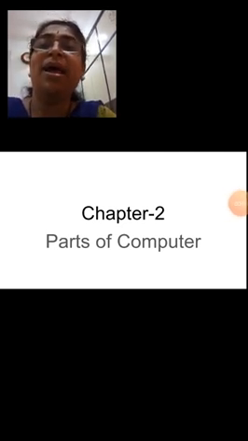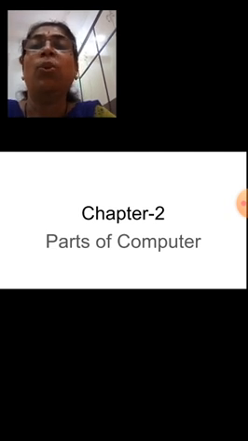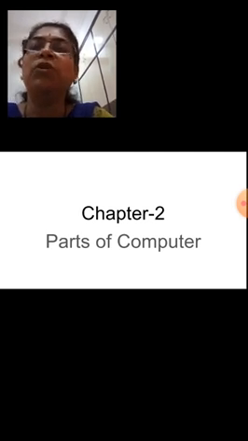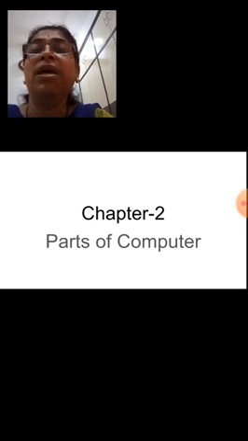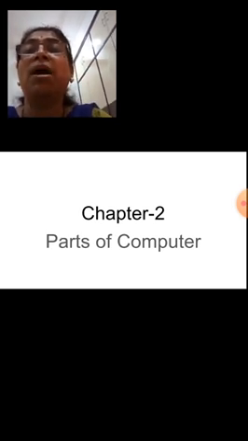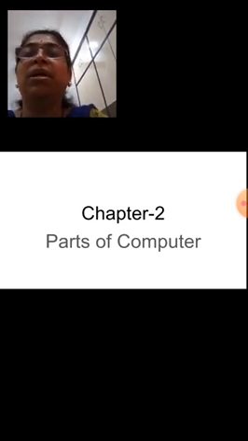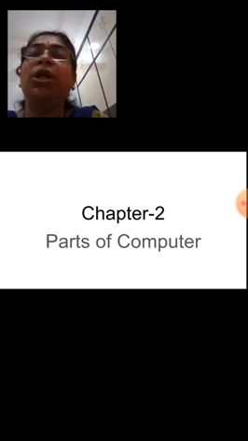In the earlier class, we have seen what the characteristics of computers are and at which different places computers are used, and for what purposes. Can we quickly revise? See, computer is a smart machine. It works very fast. It works on electricity. It's an electronic machine, but it works on electricity. It gives accurate results. It can do many things at the same time. These are some of the characteristics.